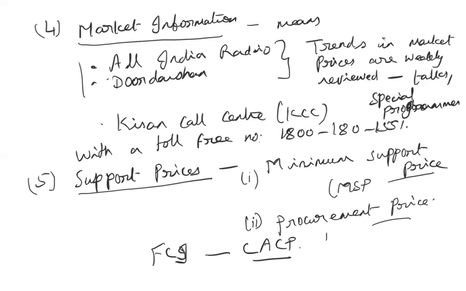So the support price is announced by the Food Corporation of India. The Food Corporation of India purchases the produce from the farmers by paying this minimum support price or the procurement price. This price is advised by the CACP. Okay. So the main idea is the farmer should get a fair price or a fair remuneration for his commodity. Okay. Then apart from that, the other measures